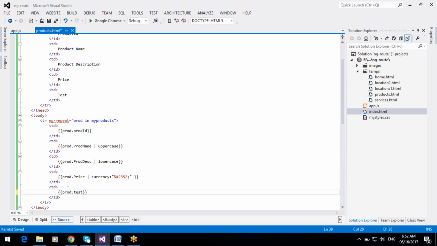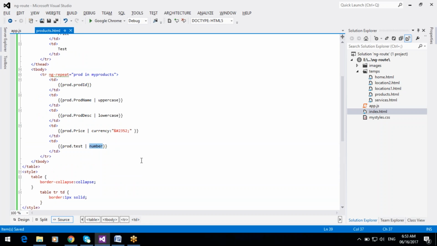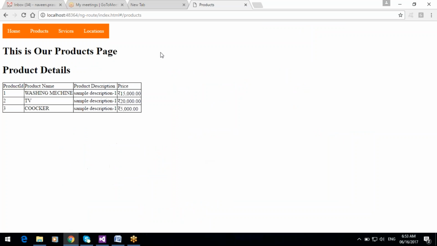Proc dot test. Okay, and number. For number filters, use number. So the result will be like this. The number format is applied.